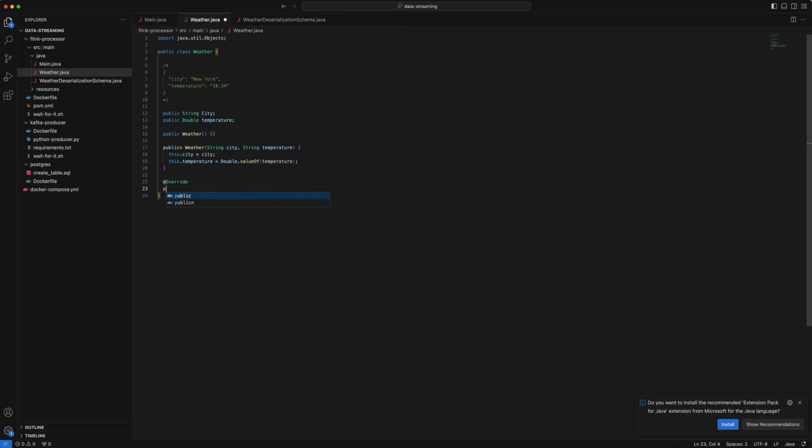We would be overriding the method toString. This is basically called when we want to print it. So we will be using a class called StringBuilder. Final StringBuilder, new StringBuilder,